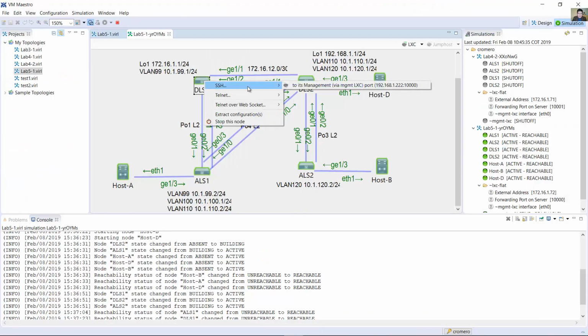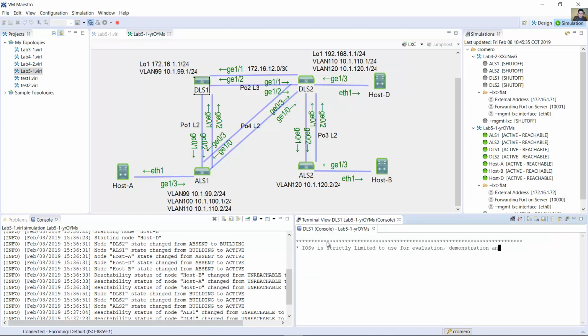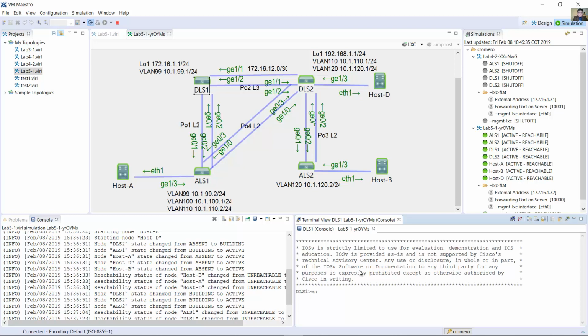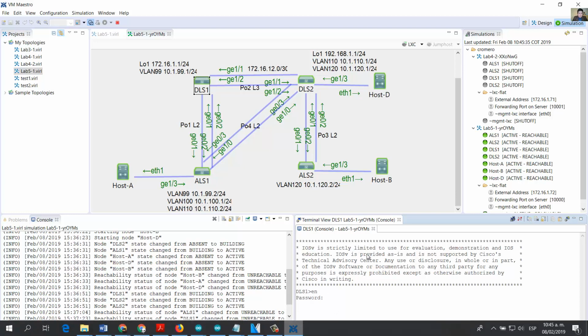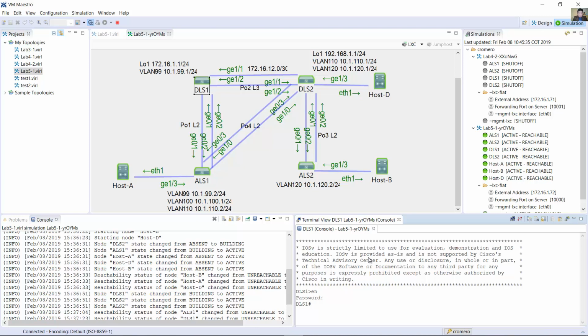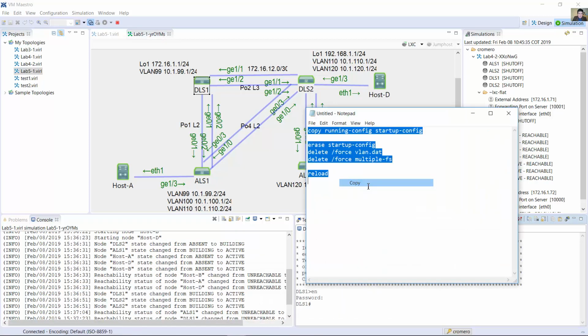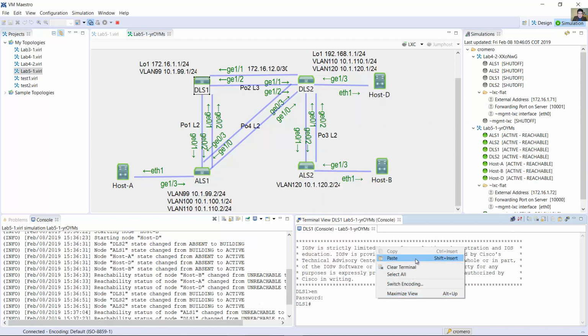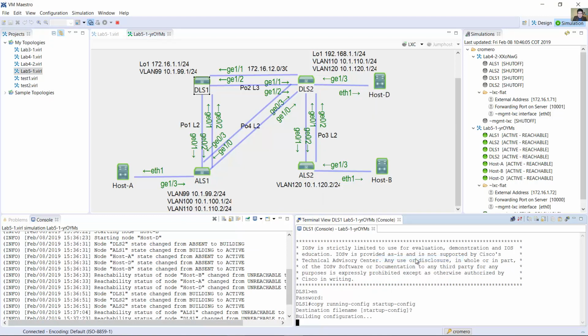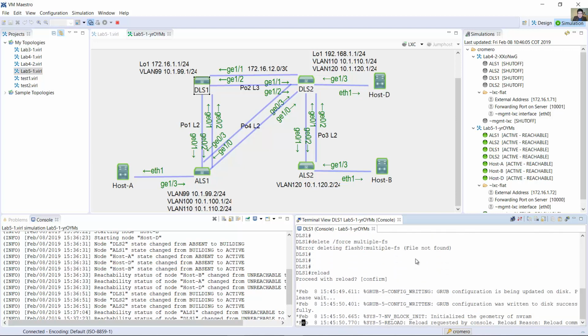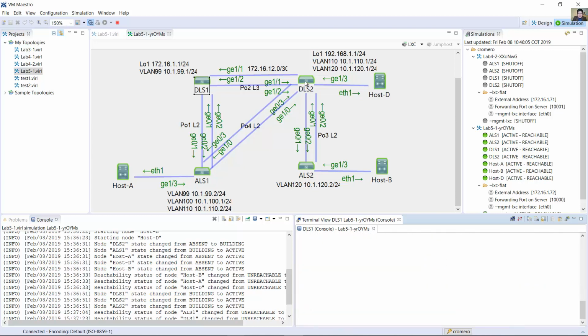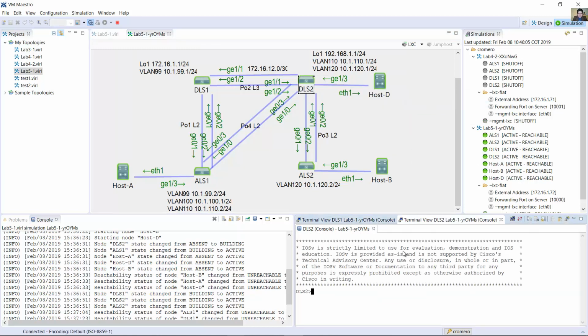Okay, DLS1, console ports, enter, enable, Cisco, and apply this. Okay, it is reloading. DLS2, enter, enable Cisco,